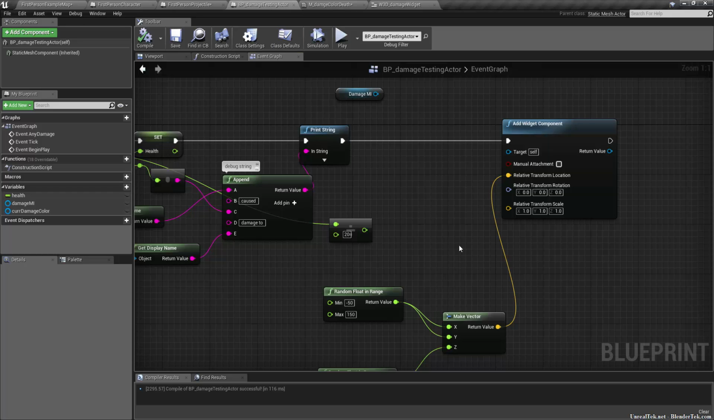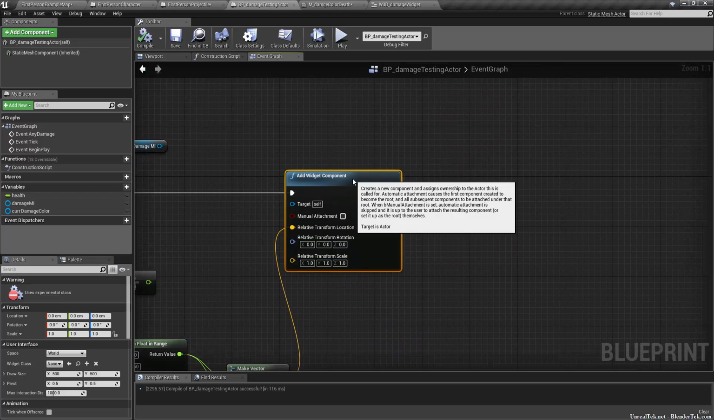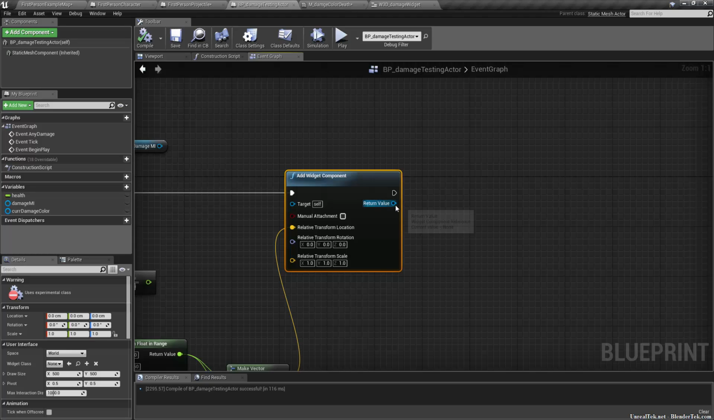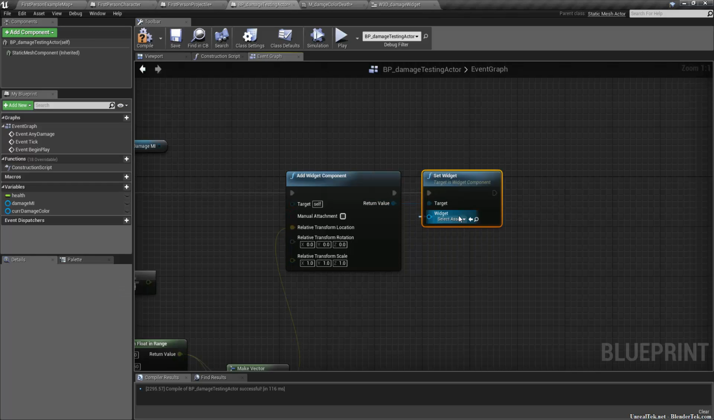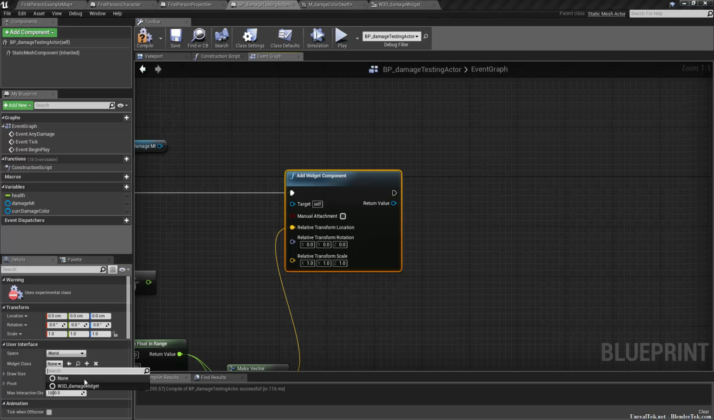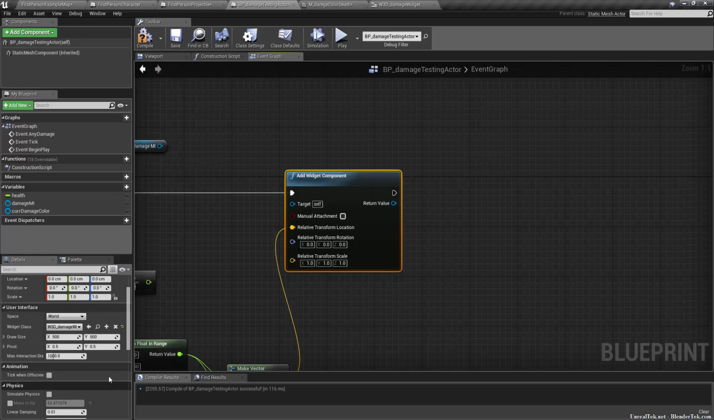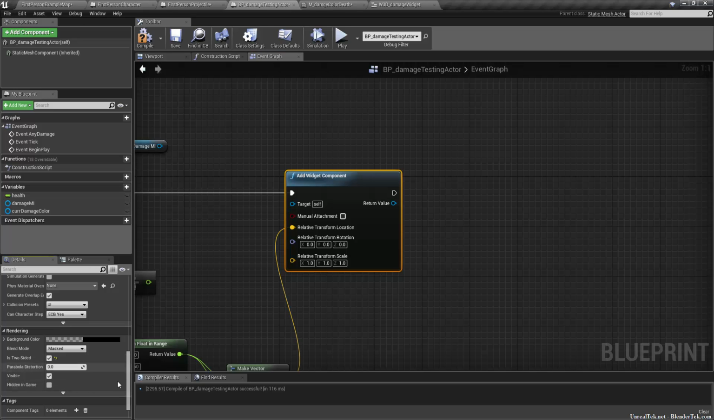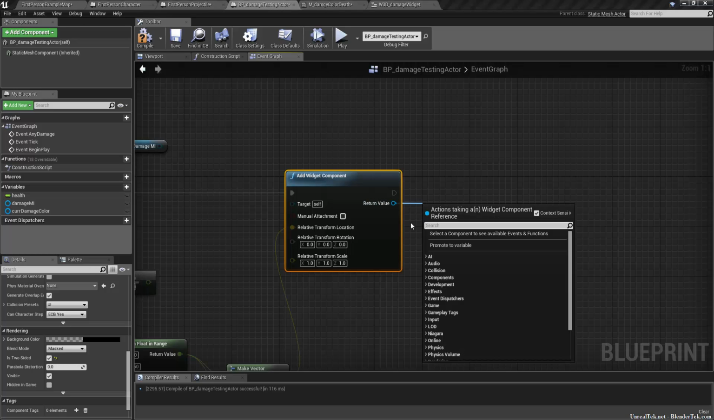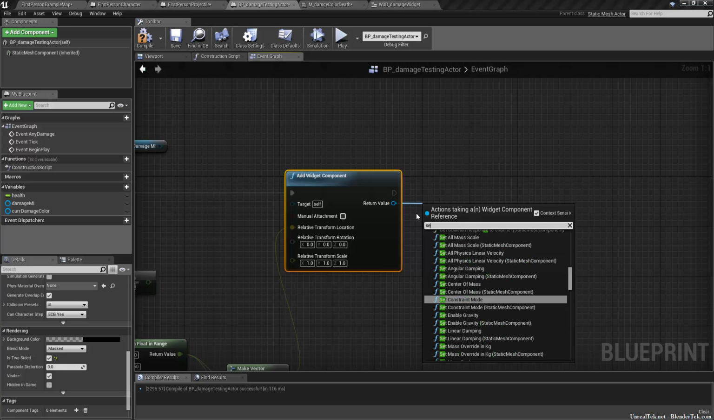We can go back to our testing actor. So we're adding our widget component, and on the return value, we want to set widget class, actually we can just do that here, widget class widget 3D damage, and we want it to be double-sided. Is two-sided? Yes. Return value, we want to set